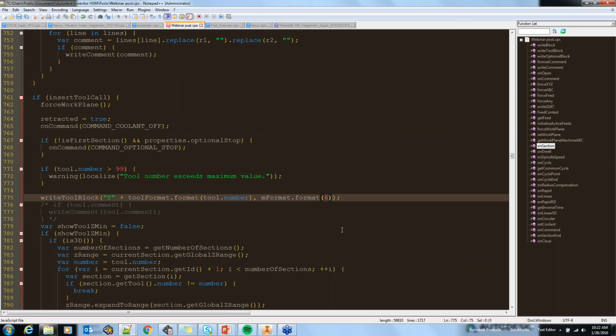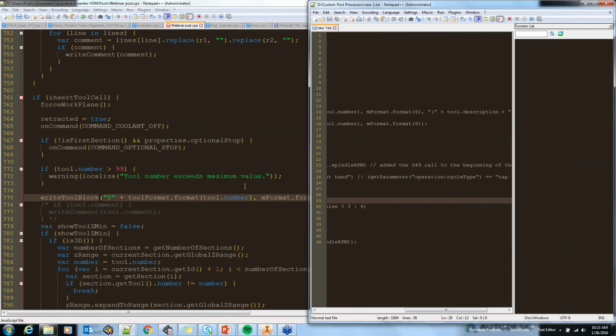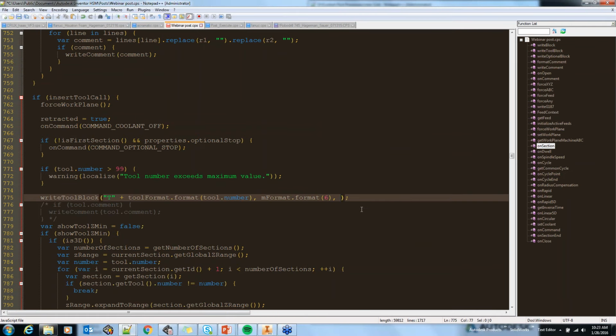with doing the comment, so whenever we write a comment, you can always see there's a write comment, but if I'm writing a comment inside of a tool block or a write tool block call, we have to kind of process it a different way. Okay, so again here we're going to put comment. So we put comma there, and then what I'm going to do is, in quotations, I'm going to put my